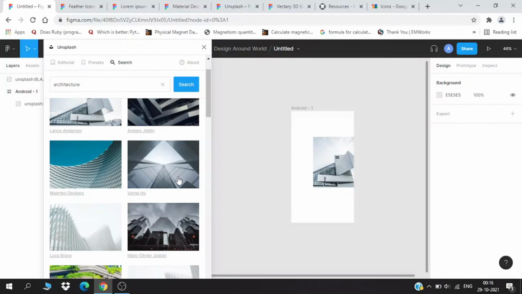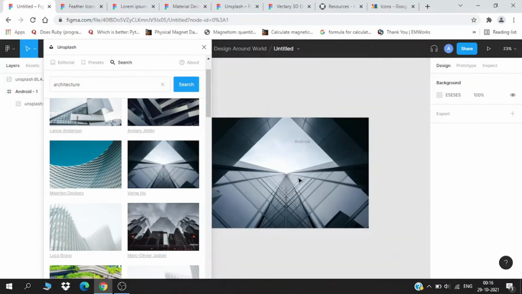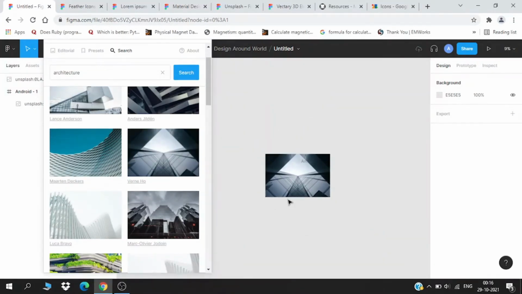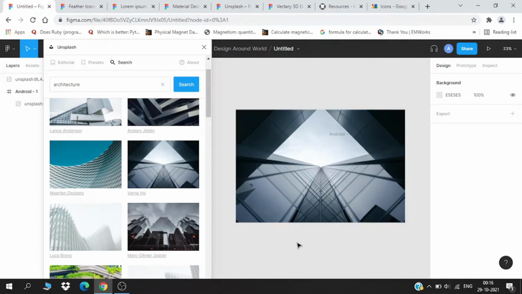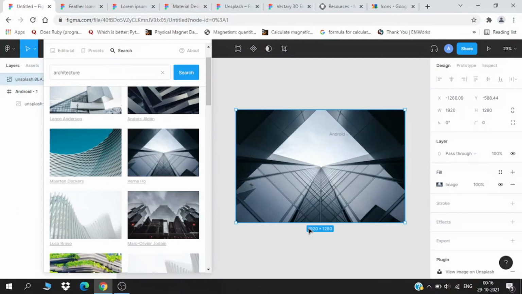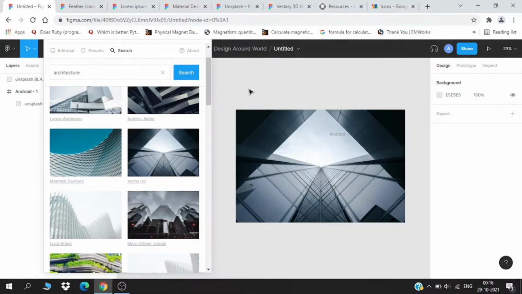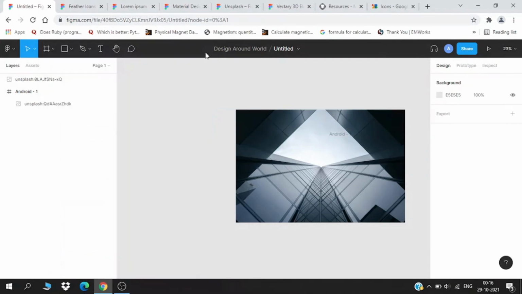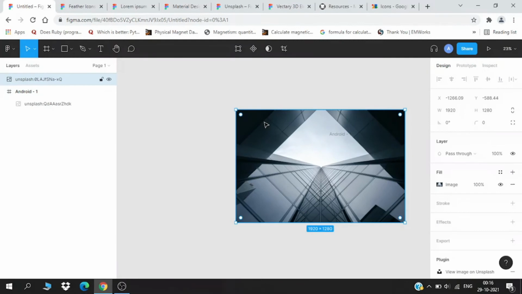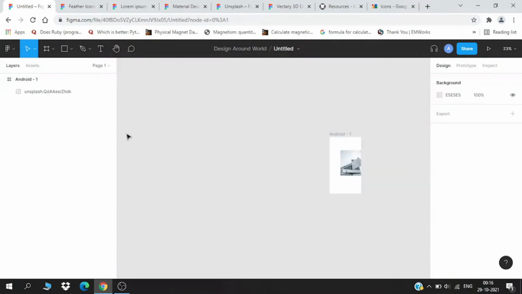This is what happens. It will generate artwork irrespective of the size, and probably this is the original size it was uploaded in this plugin. So this is a really cool plugin, I believe. It will give you freedom to use any of the images in your design, and you don't even need to go anywhere else for the pictures to have in your designs.